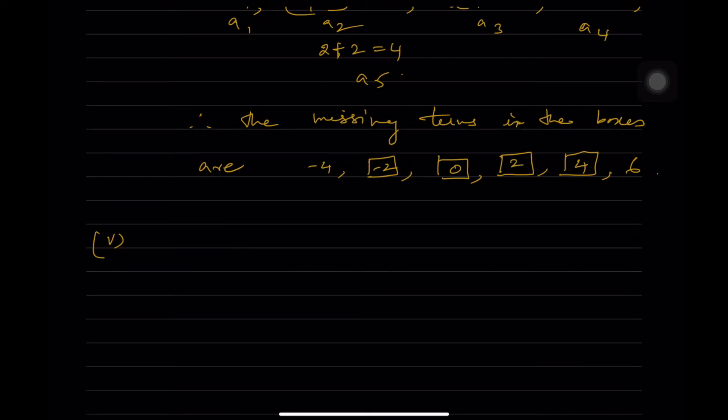Fifth one is given. The first box is not given to us. The second one is 38, and third